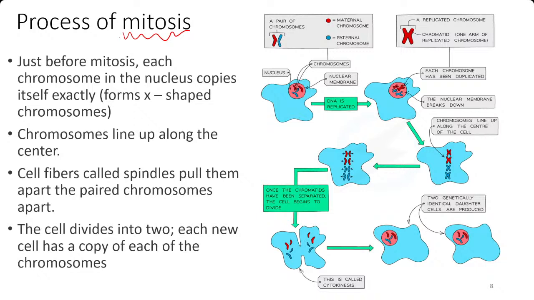Okay, let's continue. So, process of mitosis. Don't look at it and be scared, okay? Just calm down and we'll go through it. Just before mitosis, each chromosome in the nucleus copies itself exactly, so it forms an X-shaped chromosome. At first, you can see that the chromosomes are like this, but just before the mitosis process, these duplicate. So if I had this, this will become this, and then they'll form an X shape like this. So what happens over here is that we have DNA